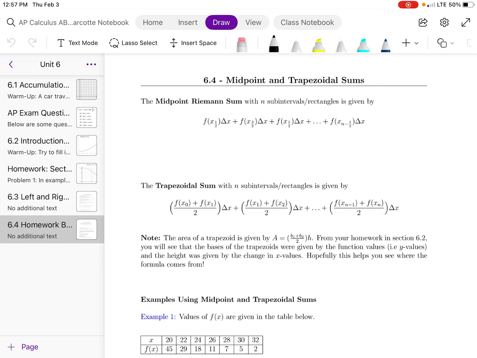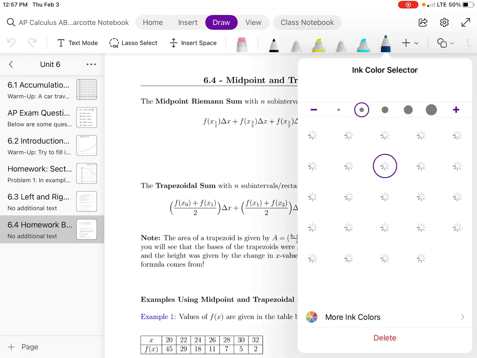So basically, the midpoint Riemann sum really is just the same as the left and right hand Riemann sums. It's just you have to figure out at what point is the midpoint of each subinterval that I need to be plugging into the function. So if I draw out,